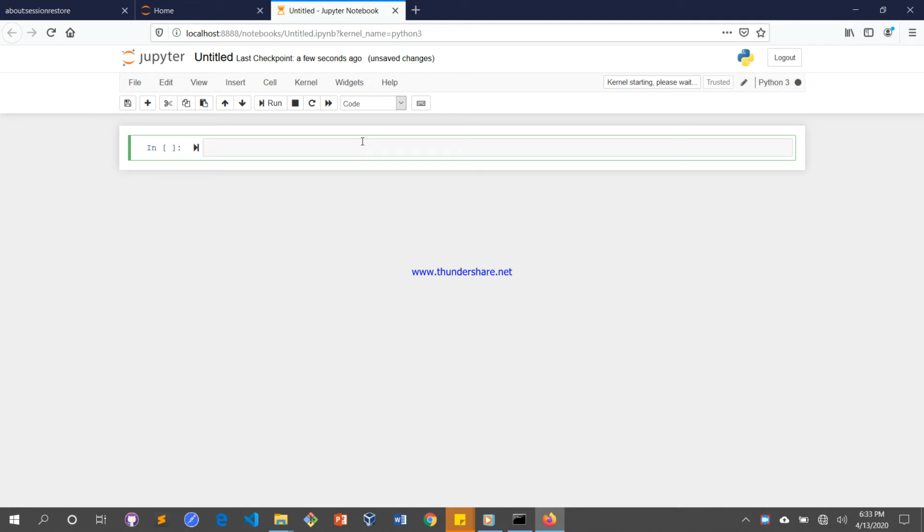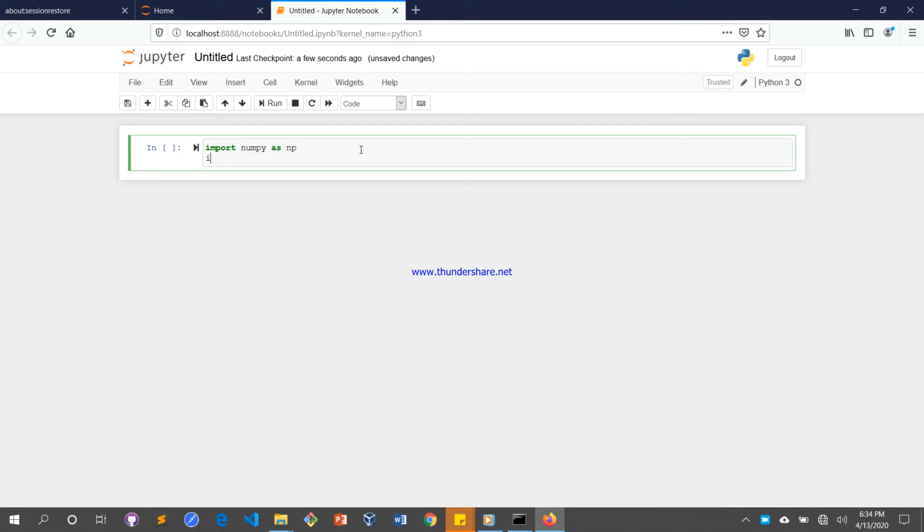So at this point, import your libraries. Okay, import numpy as np, import pandas as pd,